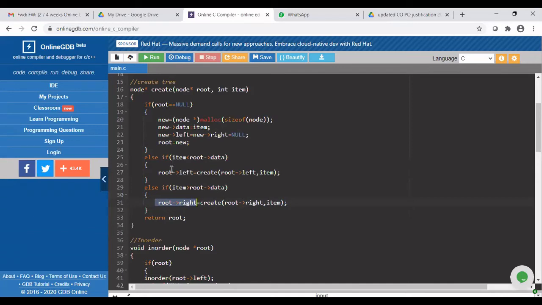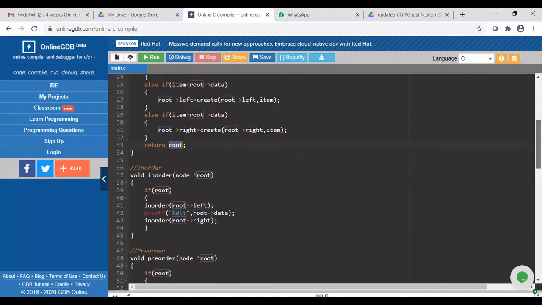Okay, and finally, when you do this recursive call, when you finish the create, you have to return the root address to the main function or other calling functions. So we are returning the address of the root node. Since we are returning the address of the root node, the return value here is node star. Why is it node star? Because root is nothing but a pointer to the root of the tree. So we are writing node star as the return type. So this is the create function, guys.